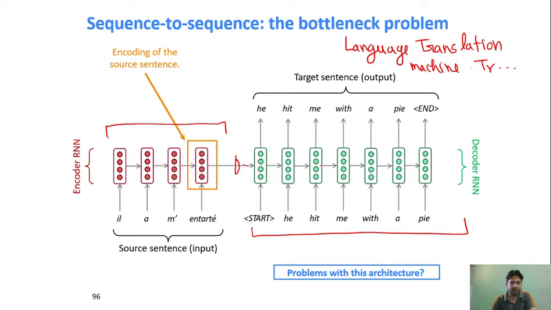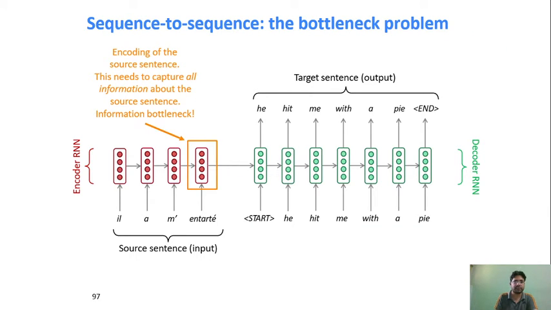Right? Now the challenge in this particular machine translation is the bottleneck challenge. What is this bottleneck challenge? While you are doing the encoding operation, you have encoded all the information in this part. Right? So suppose this is a smaller sentence, then maybe it will work. But if it is a very long sentence, you have all the information in this particular location. And this is the information bottleneck.